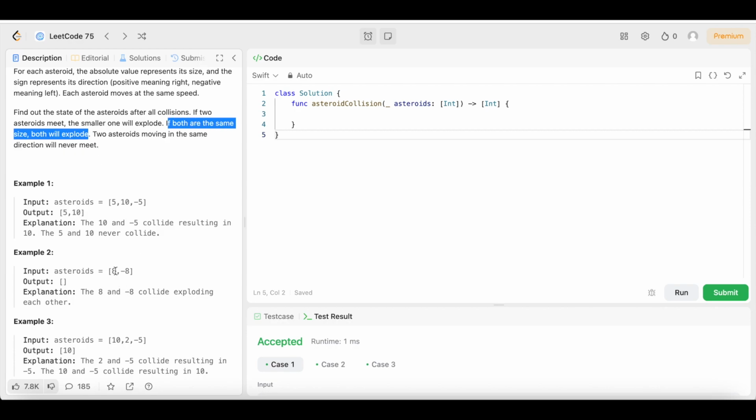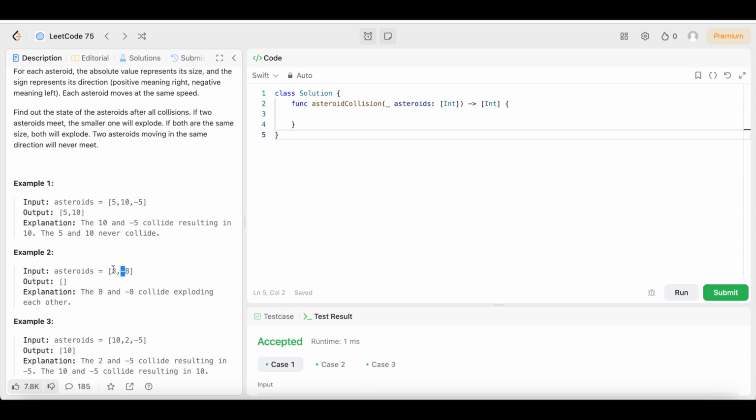So in this case, 8 is not the same. That could be confusing because they're not the same size. You might say this is +8 and this is -8. However, if what they mean is that you have the same integers and the only difference is this negative sign, then